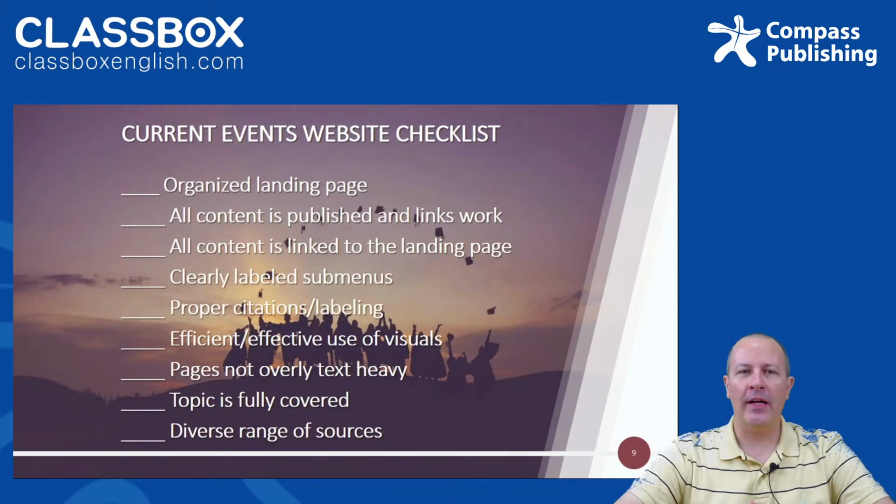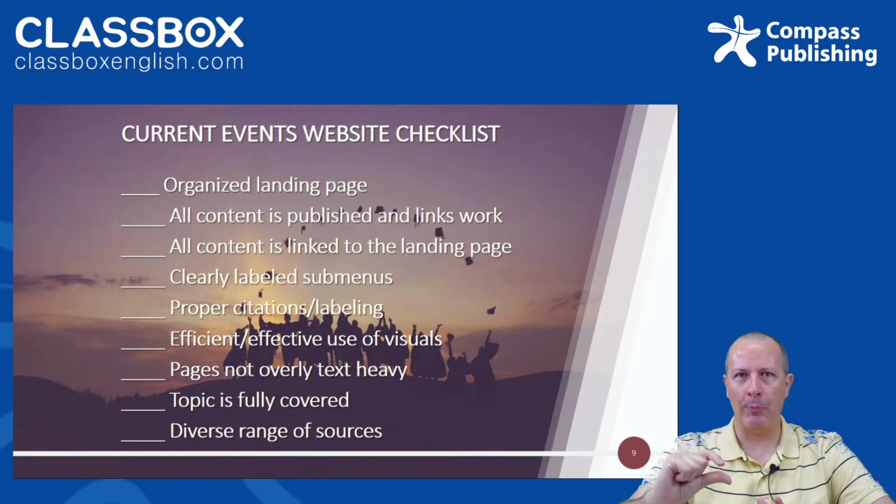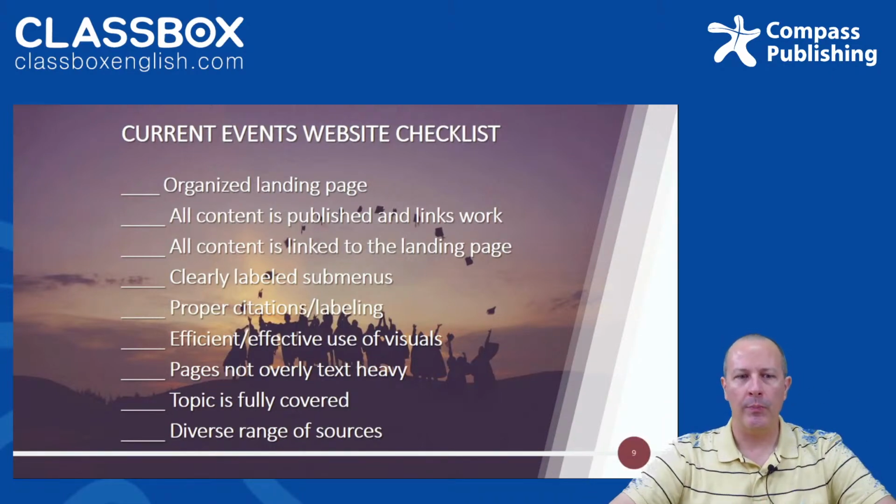All right, now here's a kind of checklist. This is just an example, some types of things. And again, it's not a rubric. The rubric would be very different. This is more of a checklist. So this is the kind of thing that gives them a direction to say, have we put together a somewhat complete project? So you can see we've got here, there's an organized landing page. So when someone goes to their new website, it gives them a preview of what they're going to see and then shows them the options. If you want to see this, click here. If you want to see this, click here, something like that.